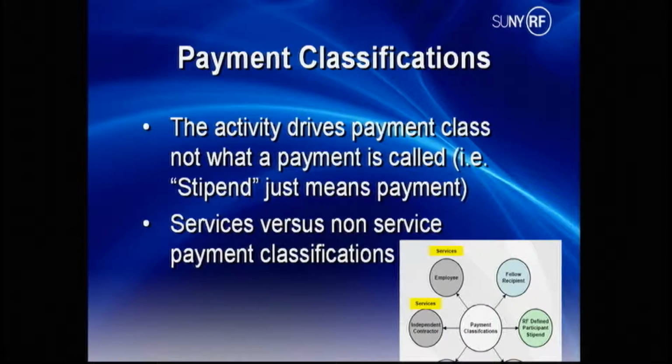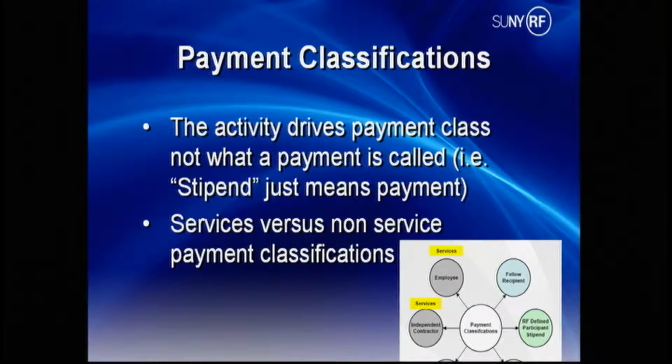So this starts us out when you're thinking of the tools that Ned showed you. Step one is that high level reportable, not reportable. In order to figure that out, you're going to look at the payment classification. So what type of payment, where does it fall in the 6 circles that Ned has in the chart down below? When looking at this, it's the activity that's going to drive this payment class,